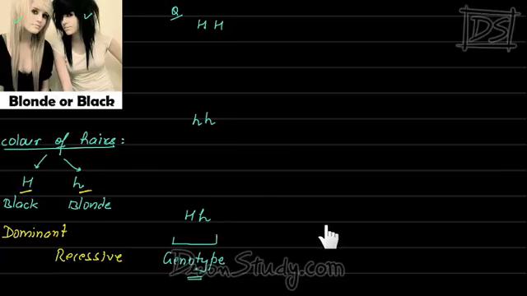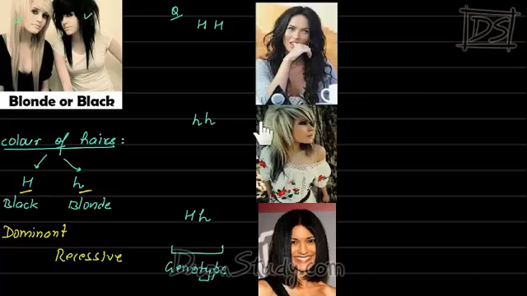It's very easy. You just have to keep in mind that this one is the dominating one and this is the recessive one. So let me tell you the answer. This is the answer. There's no doubt here. Both the genes are trying to make the hair color black, so it is black. There's no doubt here also that these two gene forms will try to make the hair blonde, so it's blonde. This might be a bit confusing since one is capital H, which will try to make it black, and the small h will try to make it blonde.